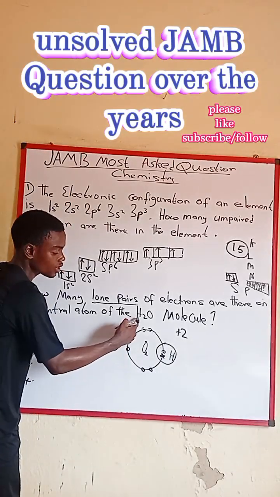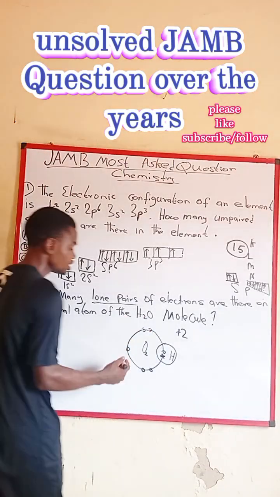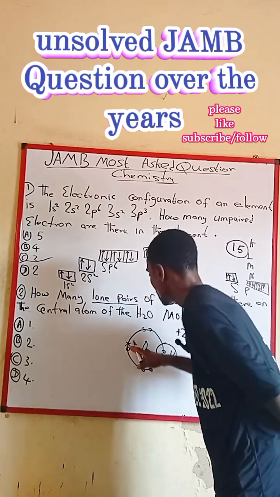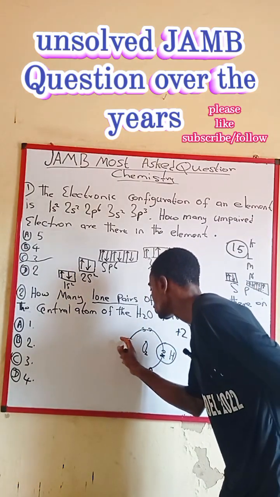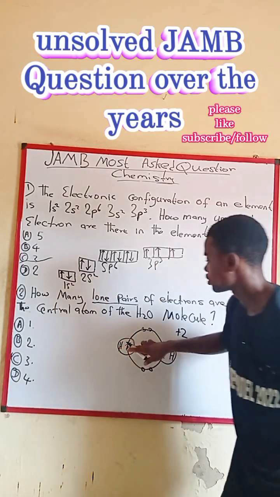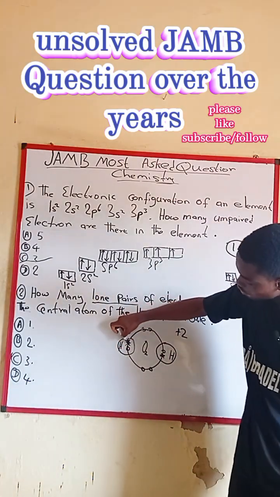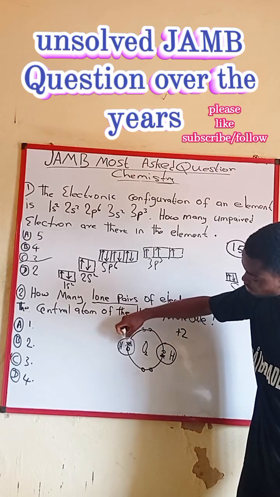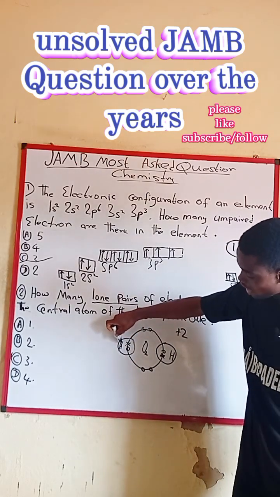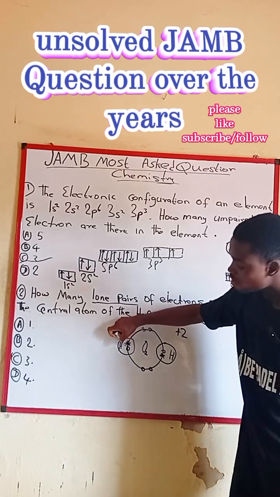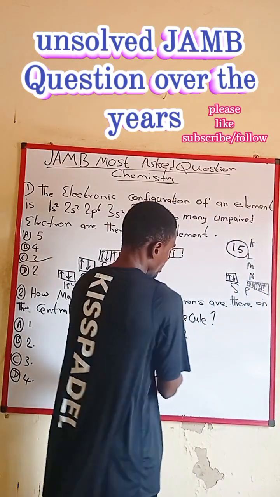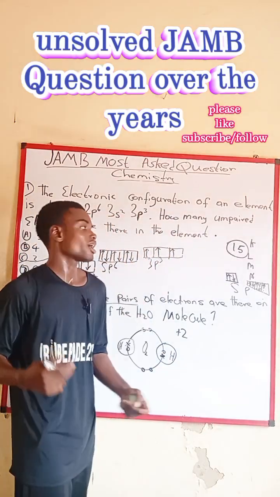Now another hydrogen, because we have H2O, there are 2 hydrogens, is going to come to this side and combine with this other electron here, so that the two are going to be sharing their electron. Hydrogen brought 1 electron and oxygen having 1 electron. When they share the 2 electrons, hydrogen here is going to have 2 valence electrons, just like this one has 2 valence electrons. Hence, hydrogen has now been certified with